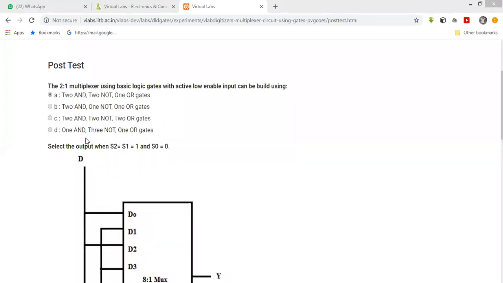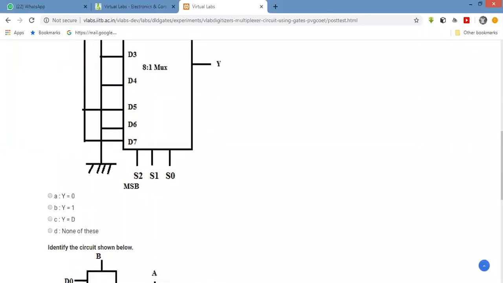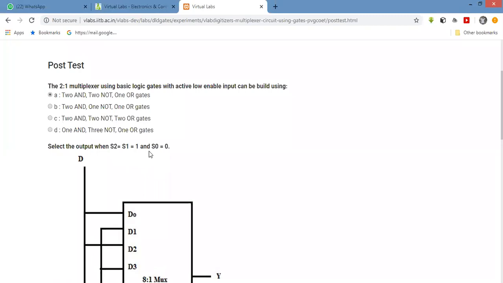Second, select the output when select lines S2, S1 is equal to 1 and S0 is equal to 0. That is 110 in binary.